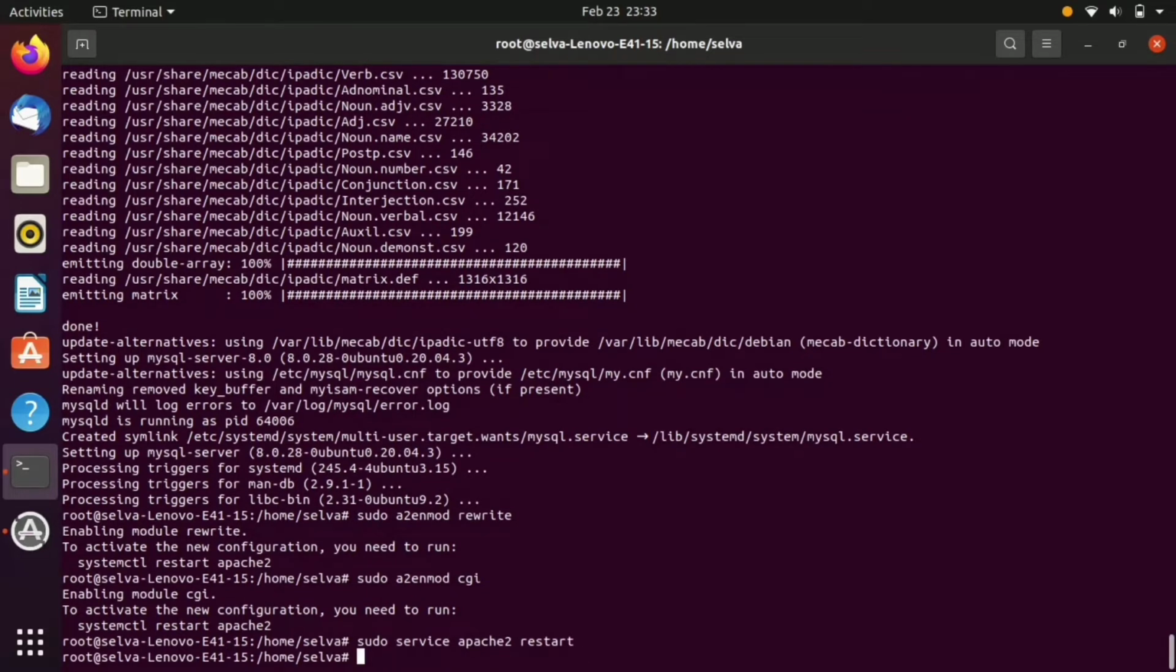Okay, we are restarting the Apache. Now we have to create the Koha database. For creating the Koha database, type sudo koha-create --create-db library, where library is in capitals, and press enter and move on to the next step,